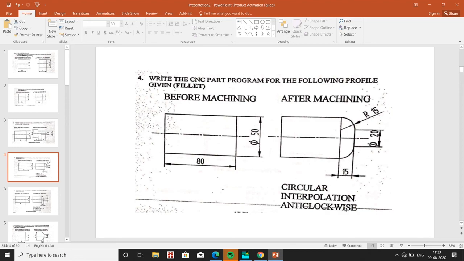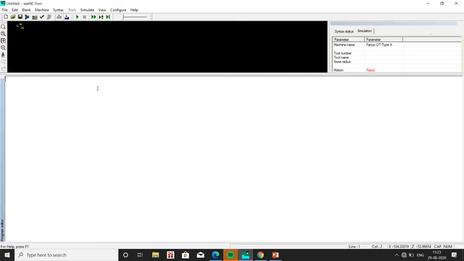So let me open the CNC and let me type in the program quickly.